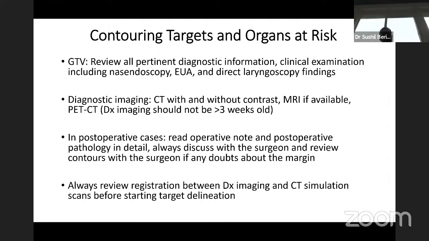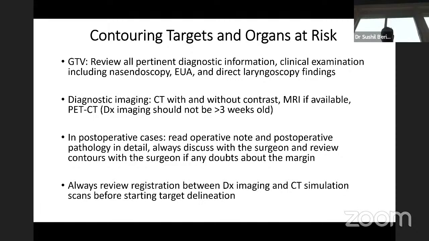And so, when we do conformal radiation therapy, it is very important to be able to define the target correctly, which includes GTV, CTV, and PTV. It is also important to know the dose constraints for the organs at risk, so you need to be able to define organs at risk also. Unlike 2D planning, 3D planning is conformal, and if you're not defining your target appropriately, you can miss the target. So the most important concept is the GTV, which is based on diagnostic information from clinical exam, endoscopy,